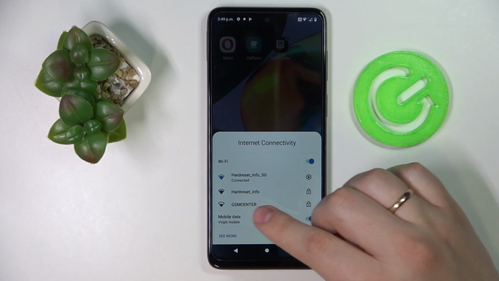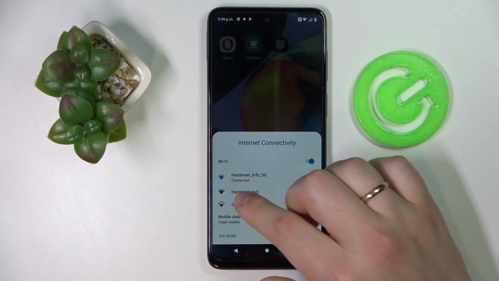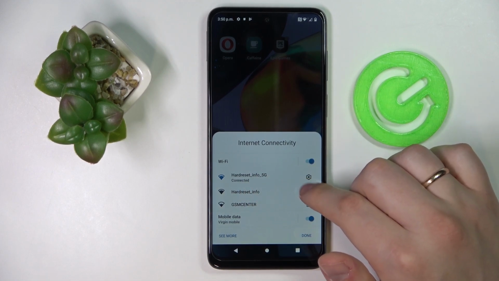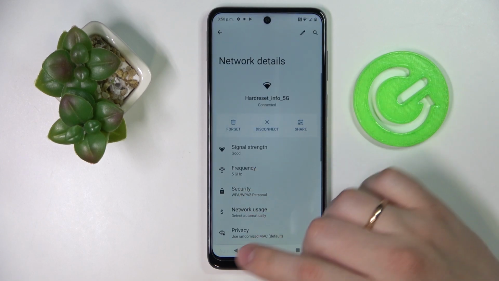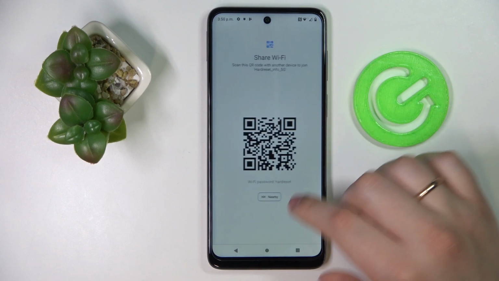Here, choose the network that you would like to share the password of. In my case, I'll go with this HardReset.Info _ 5G Wi-Fi network. Tap on this gear icon, which stands for the network settings or network details to be precise. And here, all that it's left to do is to tap on the share button, and as you will see,